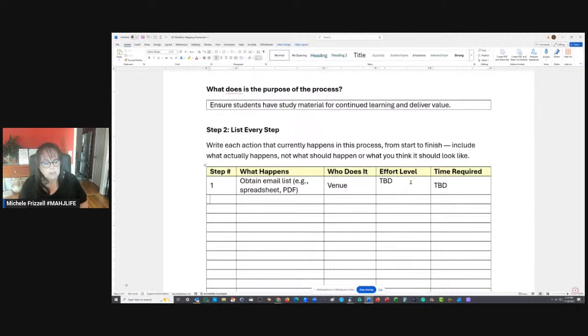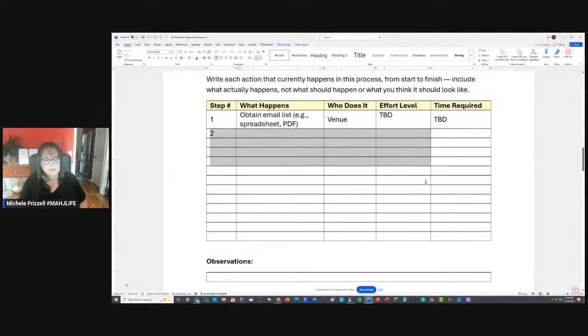Okay, so once you get the email, what's your next step? What do you do after you get the email list? And when do you get the email list? Is it before the class? Is it after the class? Is this something you do while the class is ongoing over time? Do you have to follow up with the venue? Do you get it consistently, or do you have to reach out to them and follow up? Is there time spent in trying to get that list? What kind of follow-up do you have to do? Is that a challenge at all?